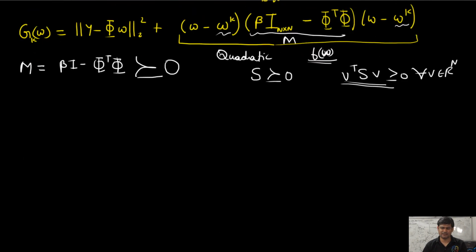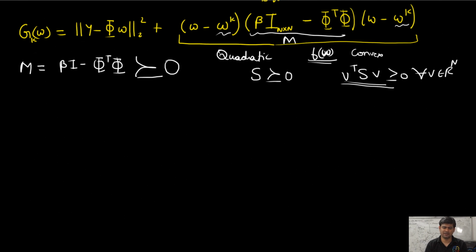You take any n-dimensional real vector V, where n is the same as the dimension of this matrix, and you compute V transpose SV. It will be greater than or equal to 0 if S is a positive semi-definite matrix. So if S is positive semi-definite, this function would be non-negative and also would be a convex function,